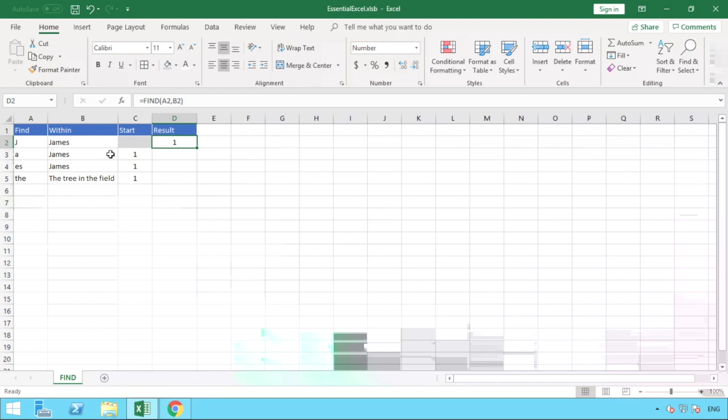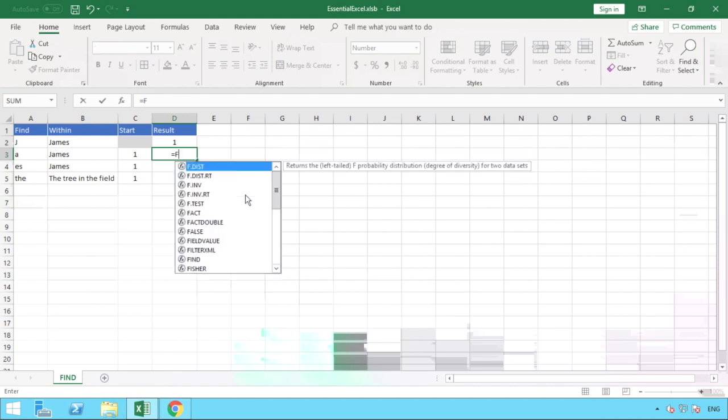And obviously the J is in that first position. Okay, so for these next examples, we will be putting the value of 1 in here, just to get you used to the function in its entirety with all 3 parts. So for this one, we now want to find the A in James. So the formula is exactly the same. So we just enter find,